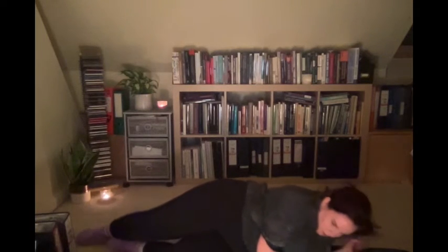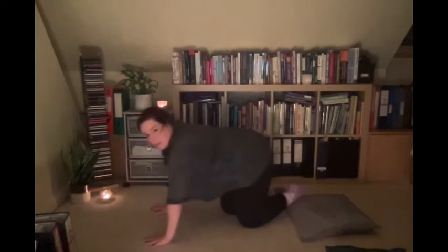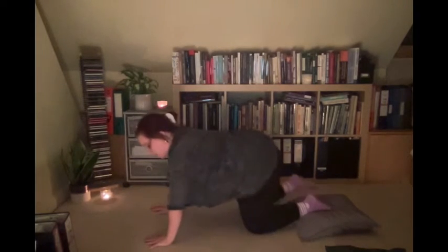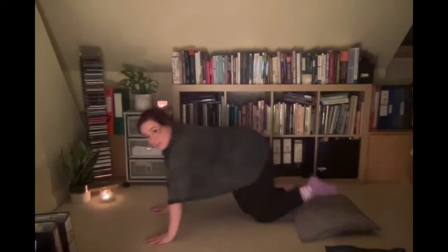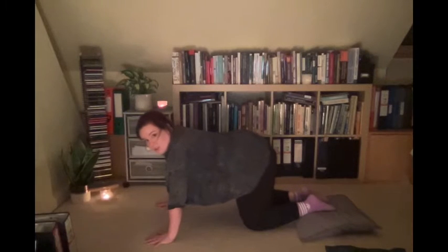So I'd like you to slowly, really easy, make your way to a sitting position. Just noticing the gravity change, and then we're going to meet in hands and knees. So that is position with our hands out in front of us and our knees under our hips. Again, you can put anything under your knees if that isn't comfortable, or if you have any difficulties with your knees, just feel free to rest in this